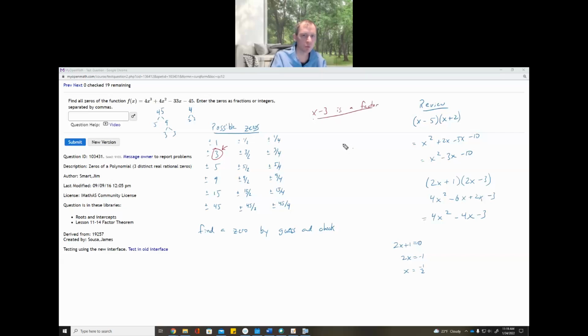Okay, so what I could do is I could just take this whole thing and divide it by x minus 3. Then I need to know how to do long division of polynomials. And if you remember how to do that, that's probably the best way to go from here, because then I'll get down to a quadratic and I can keep going. If I don't know long division of polynomials, I can just continue on with my guess and check, because these are all my possible numbers. But it's kind of a big list. Okay. All right. So from here, if I wanted to try long division,